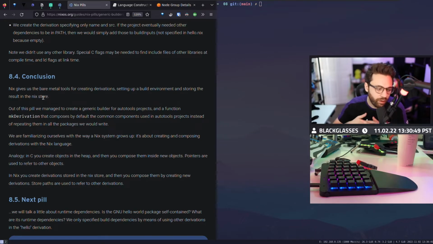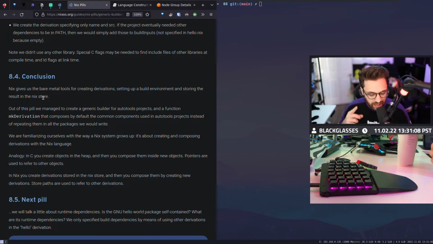Say like, okay, well, I know I'm going to build a lot of software with C, right? Maybe we make our own function that has our own C builder in it that we can then pass all of our applications through. And then there you go. That's how you can build all of your services.